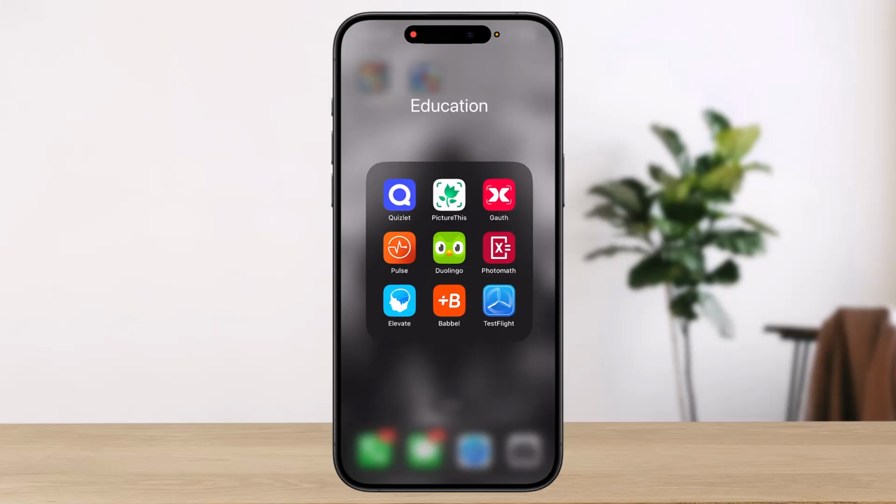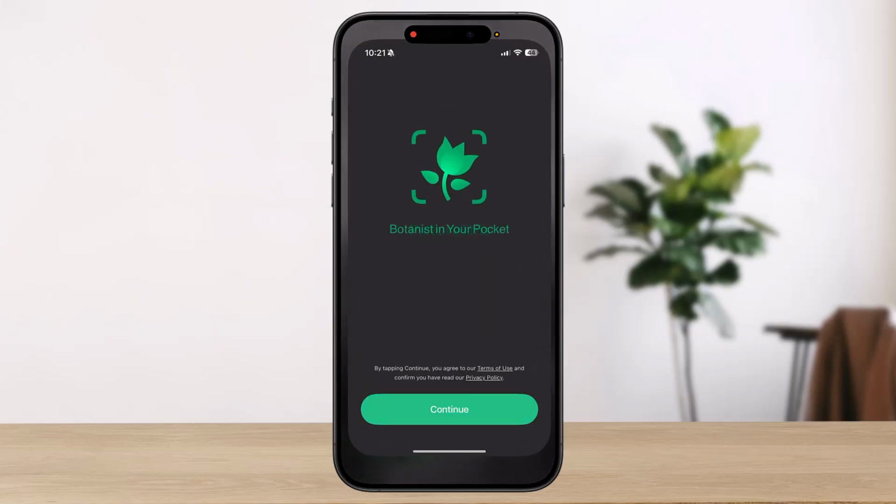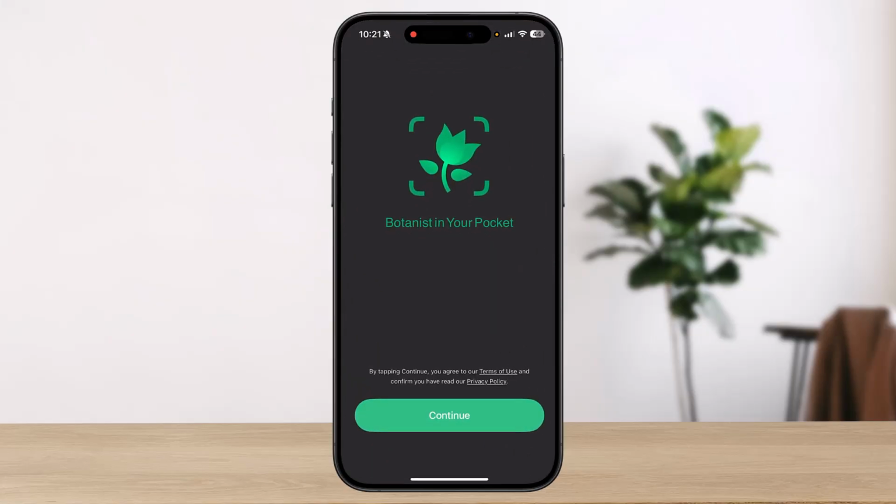In today's video, I'll show you how you can create an account on PictureThis. So to do that, first of all, download the app from either your Play Store or your App Store. And once you've downloaded the app, simply open it. Now your homepage will look somewhat like this, where you'll have to basically tap on the option continue